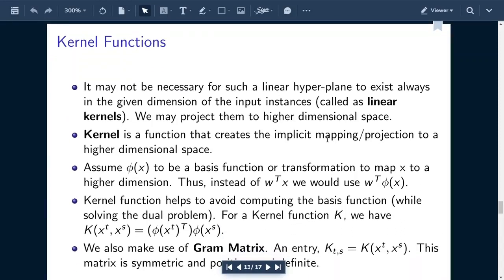Kernel functions. Now, if you've understood those two things, then you are thinking, okay, I can allow slack variables and I can find the hyperplane. Or even if slack variables are not allowed, I can design a hard margin classifier and find the hyperplane. So what is the necessity of the kernel function? I don't know that, because all the pictures that we have seen till now can be handled well with a soft classifier or a hard classifier.